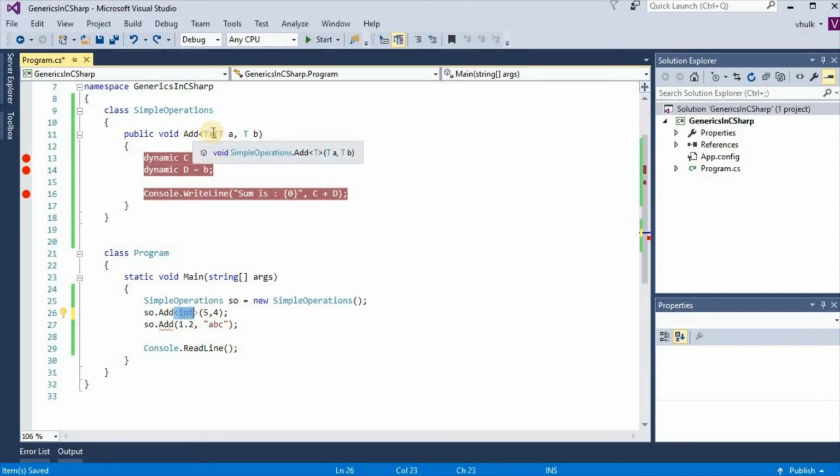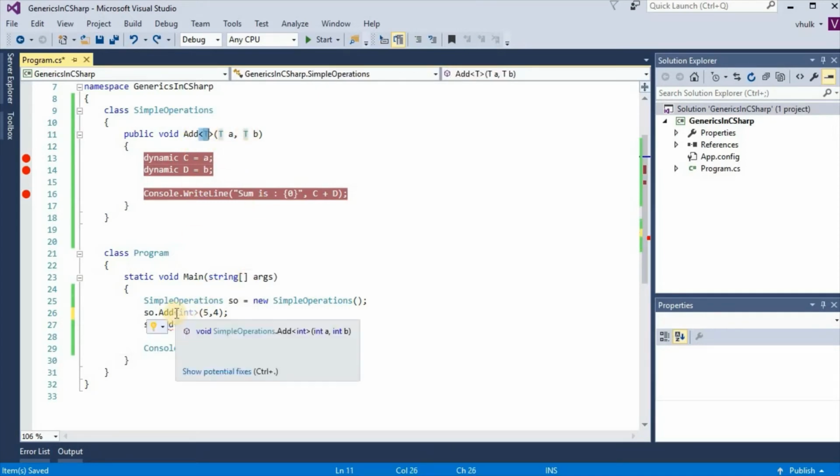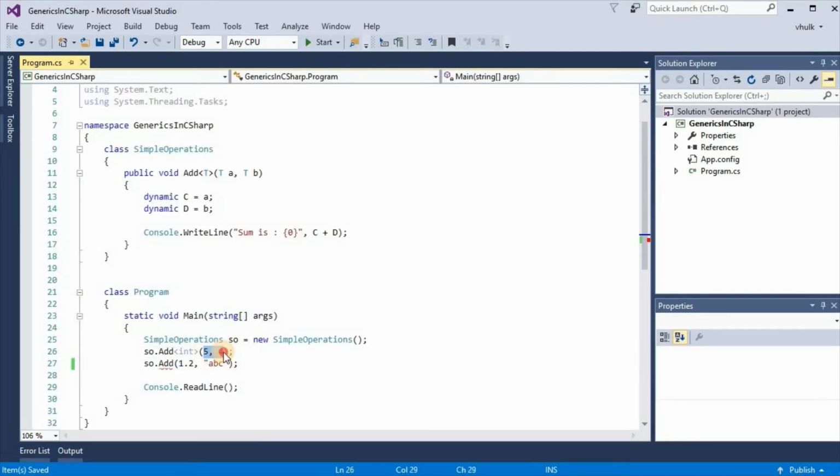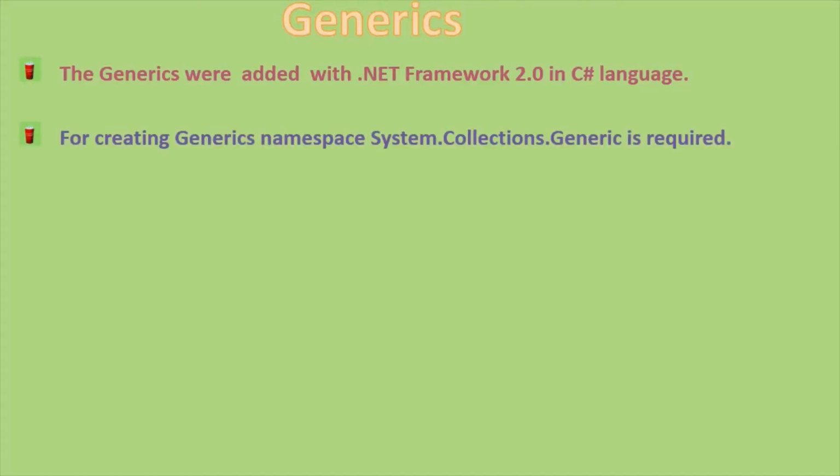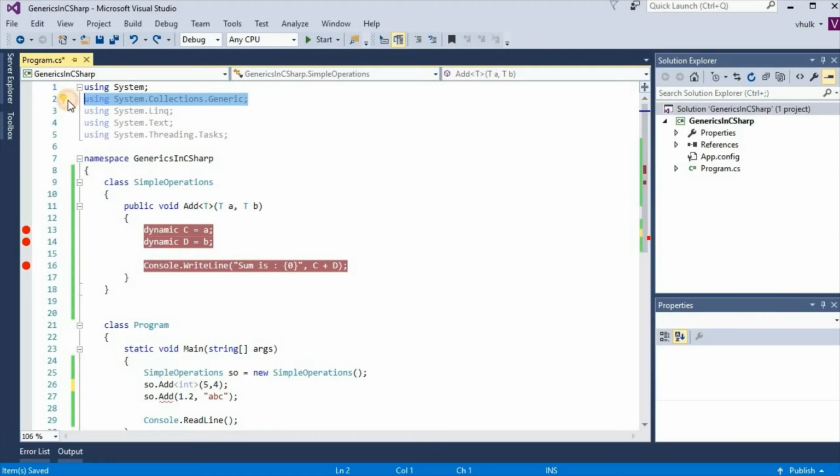Here we have used generic for this method, and while passing values we have to mention the data type in angle brackets in generic. For creating generics, the namespace System.Collections.Generic is required. We need this namespace for creating generics. If we remove this namespace,